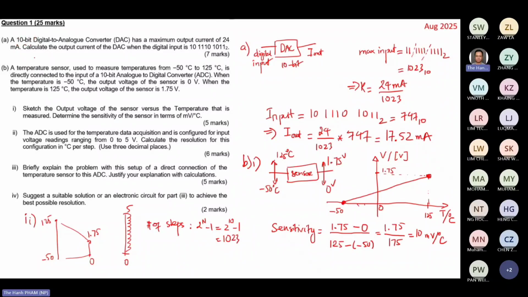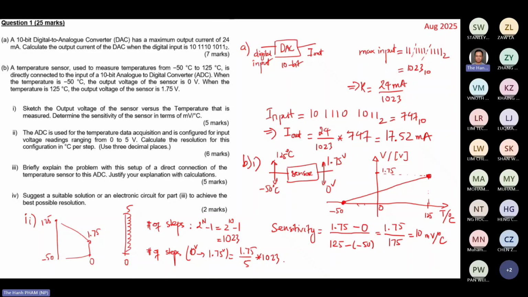So I save you some calculation actually, right? So you must remember the number of steps here is from 0 to 5. So the number of steps from 0 to 1.75 should be 1.75 divided by 5 times 1023,